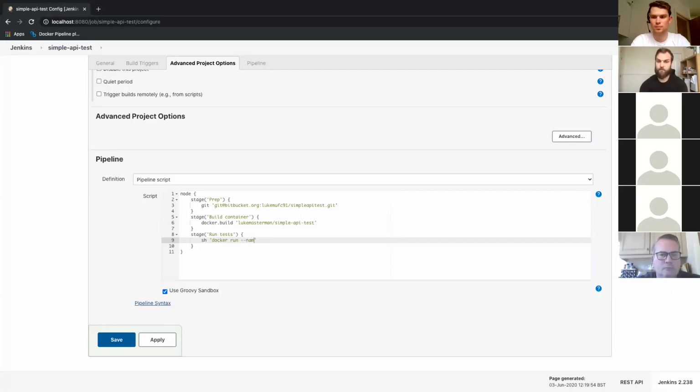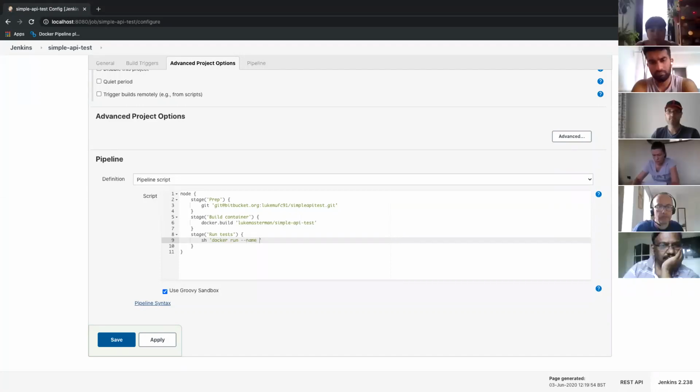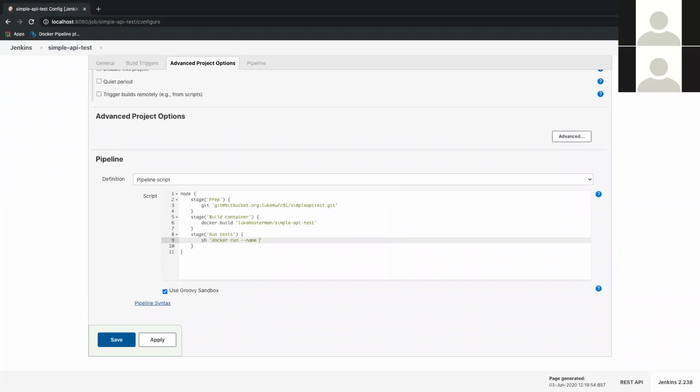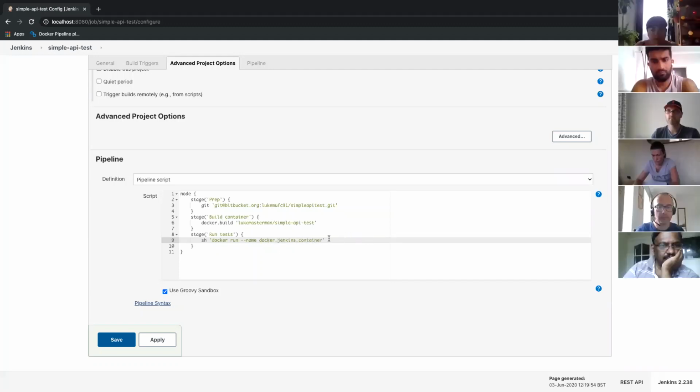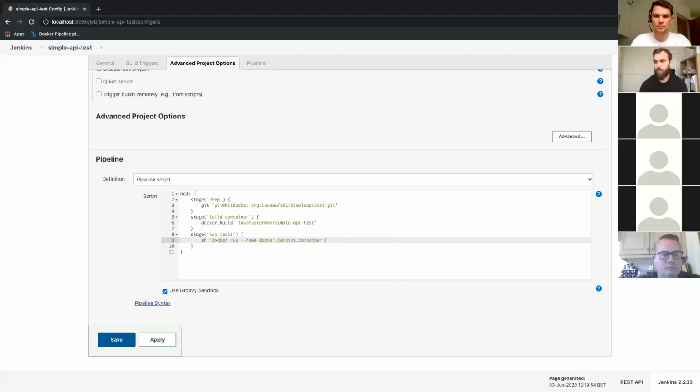And I'm just going to want to run the task that was given before. So I'm going to give our container a name. Sorry, this should be just naming conventions. I mean, this is kind of Docker stuff at this point, and I won't go into too much detail about this.